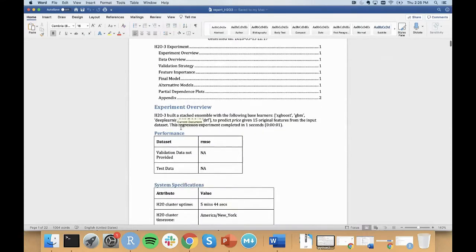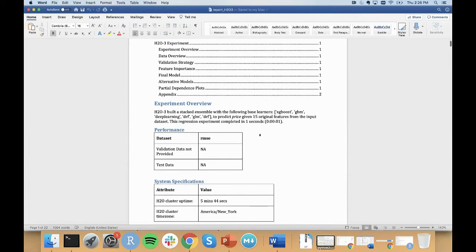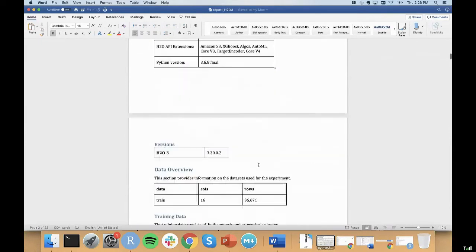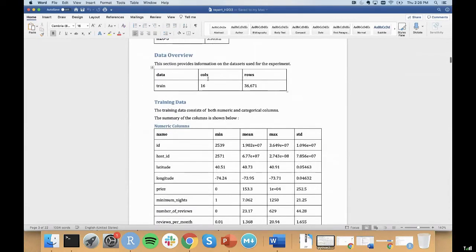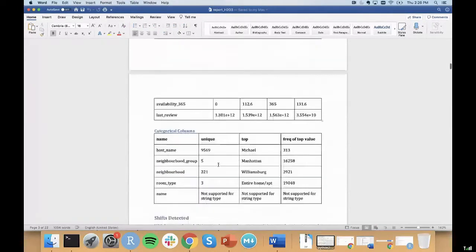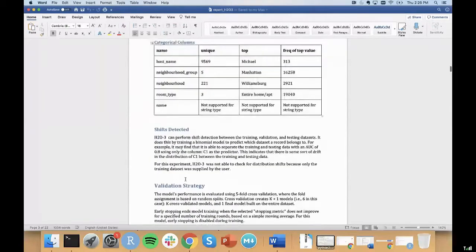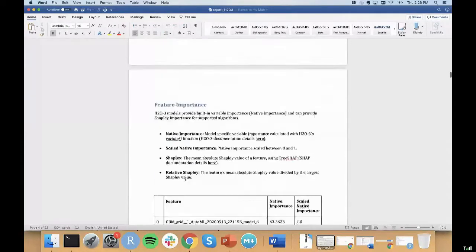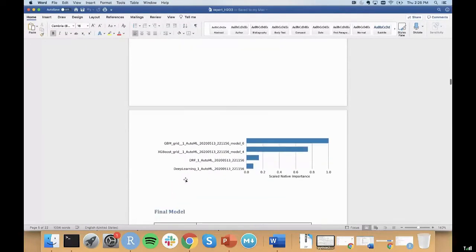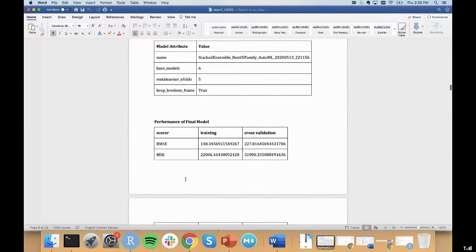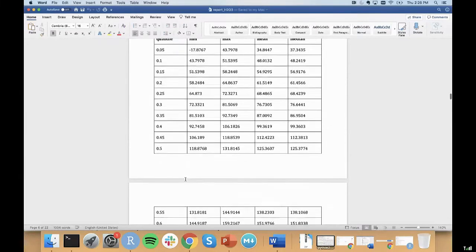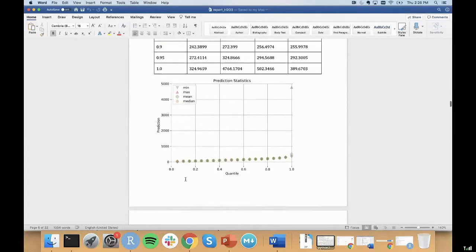We have an overview of the experiment. 15 original features were used. Here's information about my H2O cluster, information about my training data, my numeric columns, min, max, mean, my categorical columns. We have my feature importance information. Final model. And then some graphs around how the model performs. So here are some prediction statistics